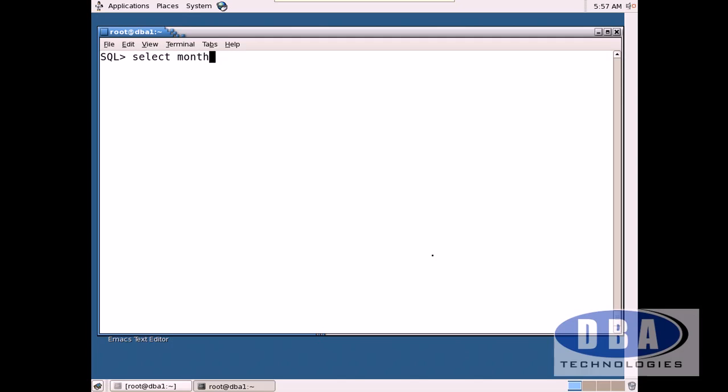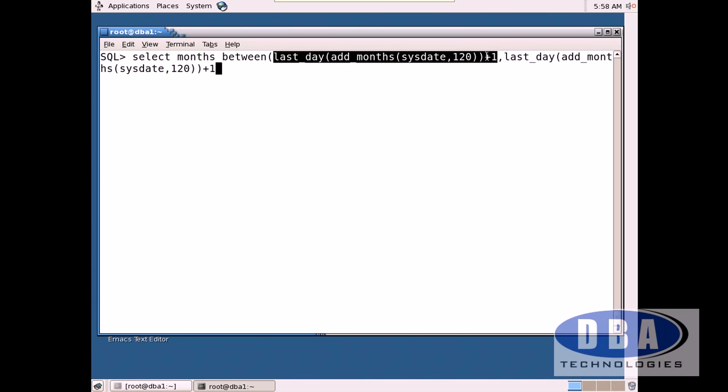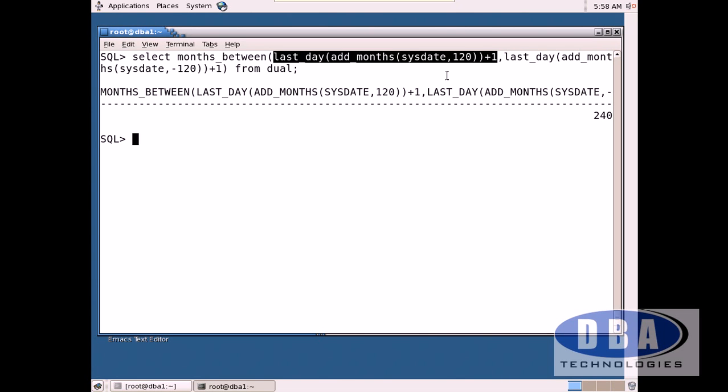Select months between last day, add months of sysdate, comma 120, plus 1, comma last day add months sysdate minus 120, plus 1, and close this from dual. What does it show as the output? It shows the output as 240